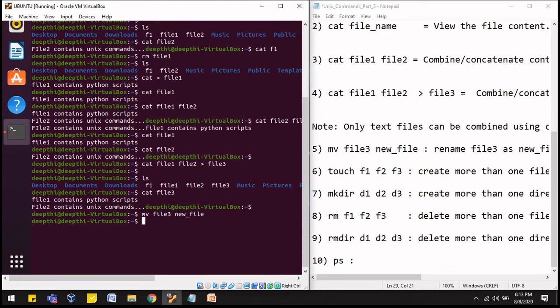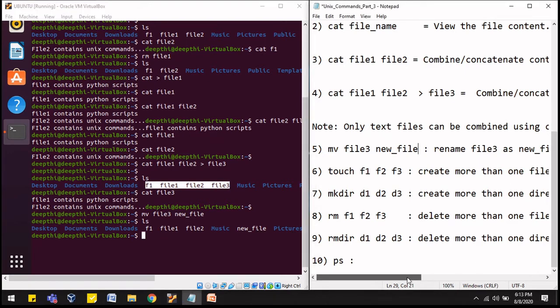Let's see what happens. First we use the ls command to see the files. Earlier we had f1, file 1, file 2 and file 3. But now file 3 has been renamed with new file, and file 3 will no more be there. Now we can see that we don't have file 3 anymore, and that file 3 has been replaced by new file, right?